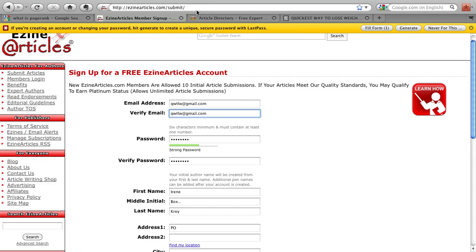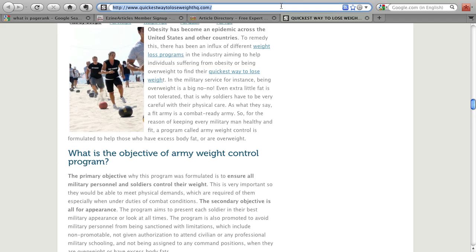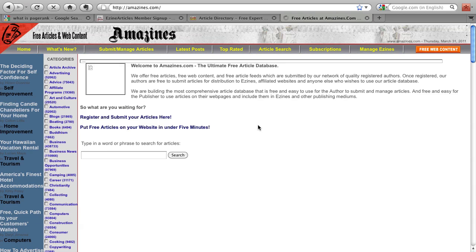The first one I'd recommend doing is ezinearticles.com. Second one is goarticles.com. Third one is amazines.com. In actual fact, it might be quicker for me to type them up here so you can watch.